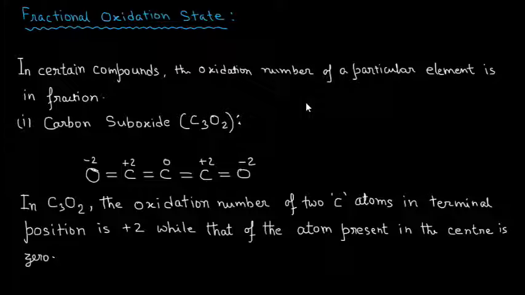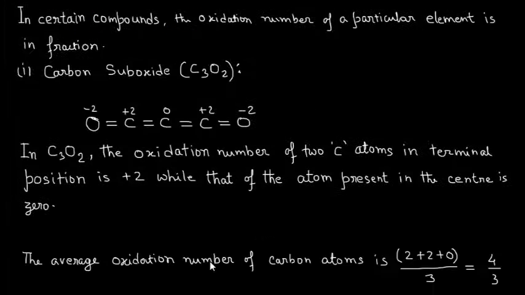Here we can see in the structure that in C3O2 the oxidation number of the 2 carbon atoms in the terminal positions is +2, while that of the atom present in the center is 0. The average oxidation number of carbon atom is 2 plus 2 plus 0 upon 3, that is 4 by 3,